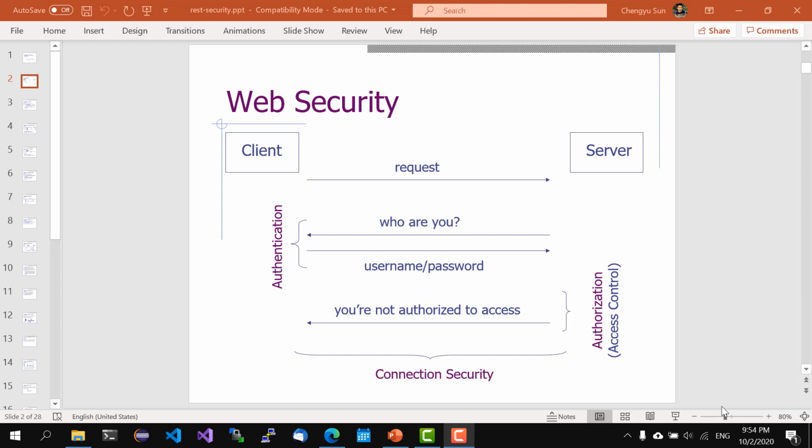Authentication is a process of establishing the identity of a client. Typically, it involves asking the client for username and password. The server will check the username and password, and if they match the ones on record, the server knows who